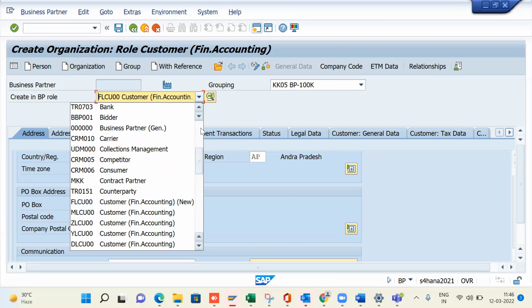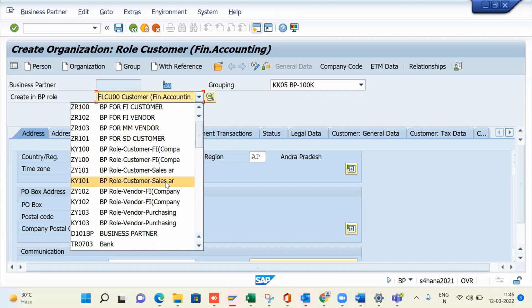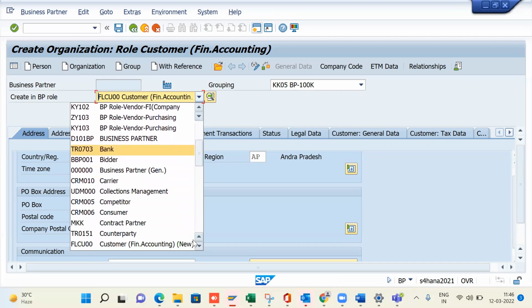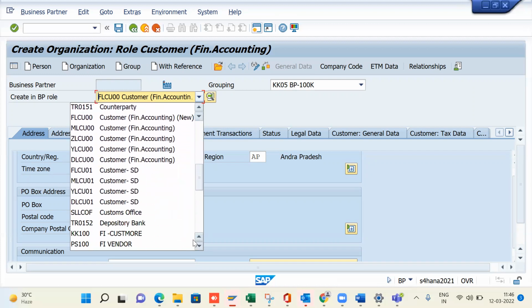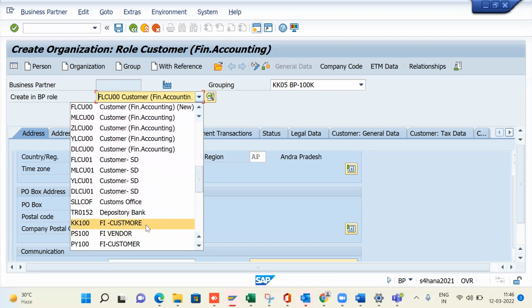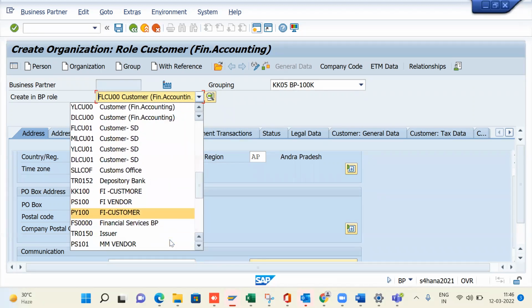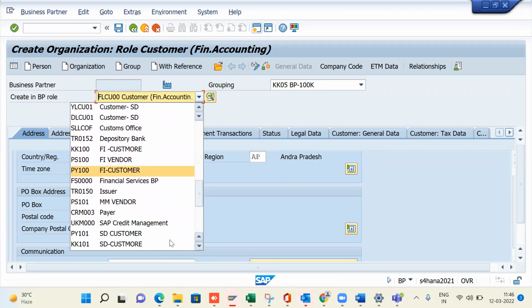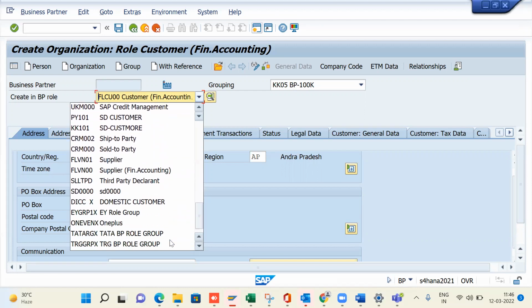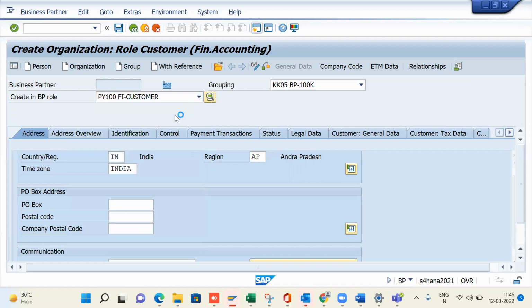Find that KK100, not KK100. KK100. This is a trial system, so you might get some errors. See, KK100 is FI. KK101, I think. KK0001. Let me